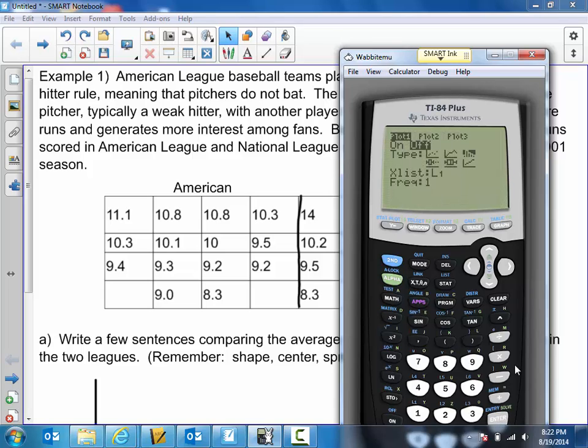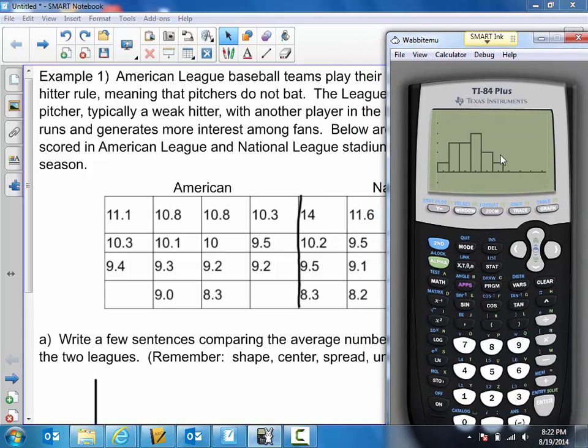We're going to go to second stat plot. We want to turn the first display back on, and that's the L1 data. Again, don't hit zoom stat. We don't want to touch that. That's going to reset all the changes we've made. We're not going to go to window settings either. Those are fine. We'll just go directly to graph, and let's check just real quick to make sure that the